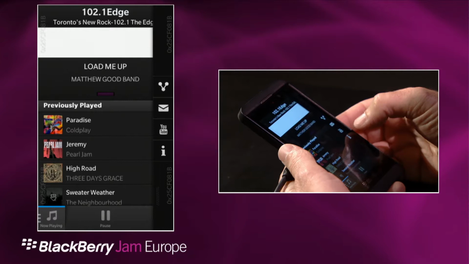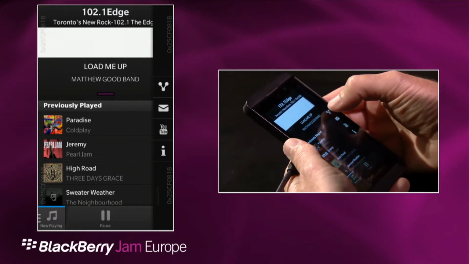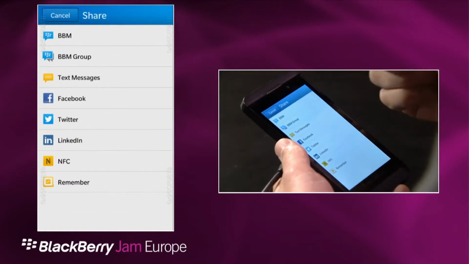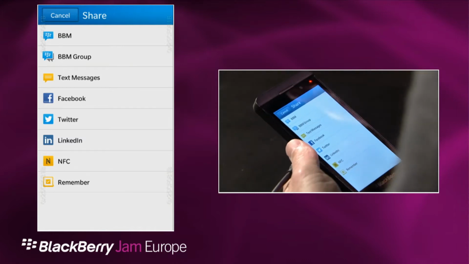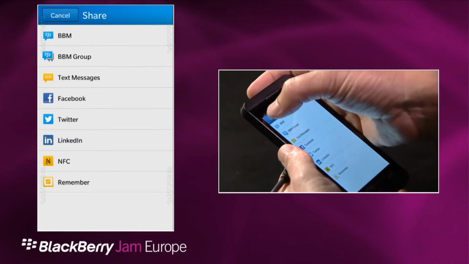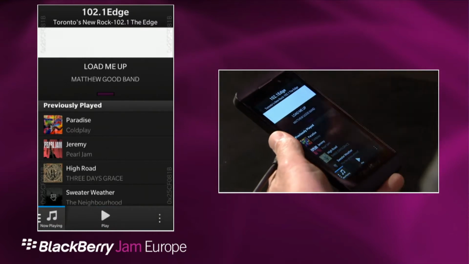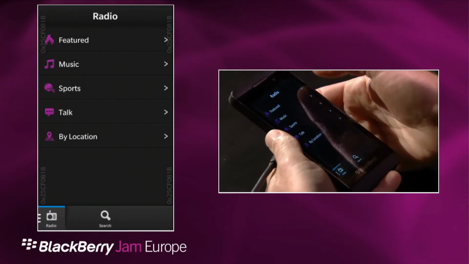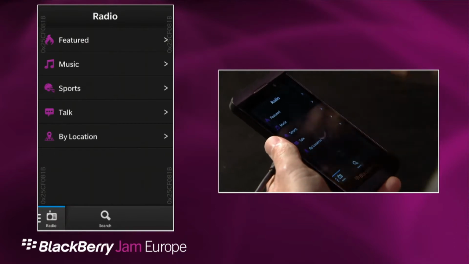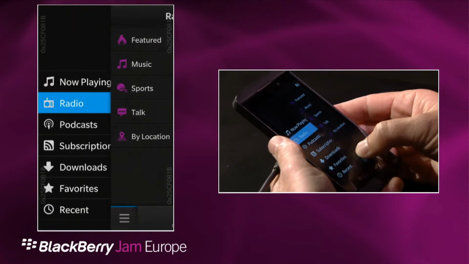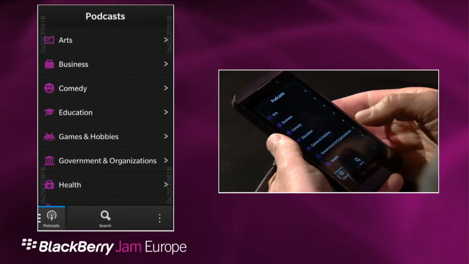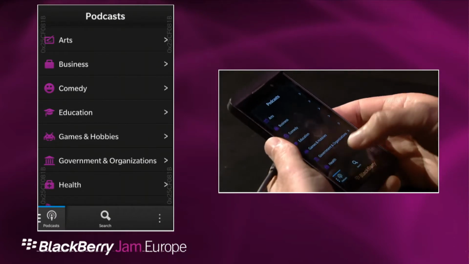It's very social. Talking about social, you can see the YouTube clip of the song that is now playing or previously played. Share that with one line of code, basically tying into their infrastructure and getting all the sharing capabilities. You can, of course, find other stations, different genres of radio stations: music, sports, talk. Because of the capabilities of the device, we added podcasts for the first time. Very nice. So thousands of podcasts.